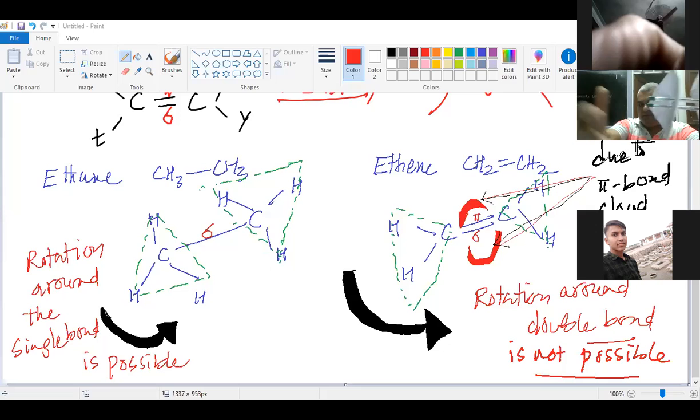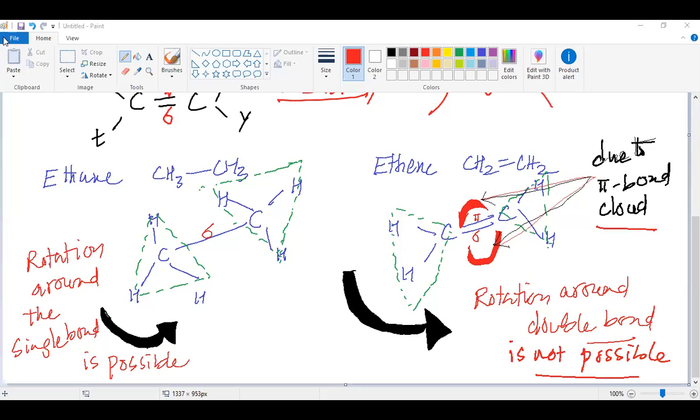The same thing happens even in the case of the pi bond, because when there is a pi bond, there will be multiple bonds available. So if there are multiple bonds available, my dear students, in that particular case, what happens? We cannot allow the rotation to take place. So you can see that, my dear students, when we have a double bond,